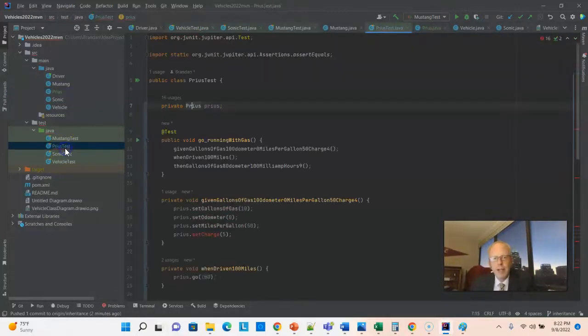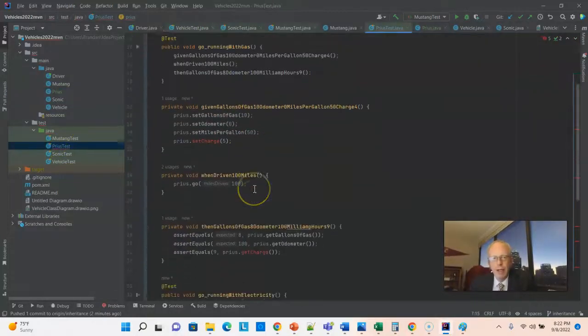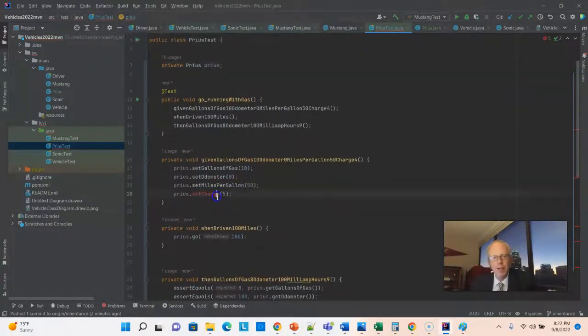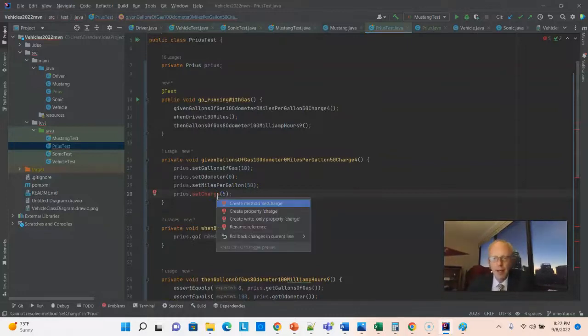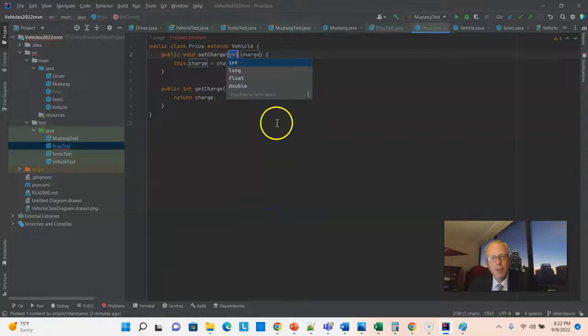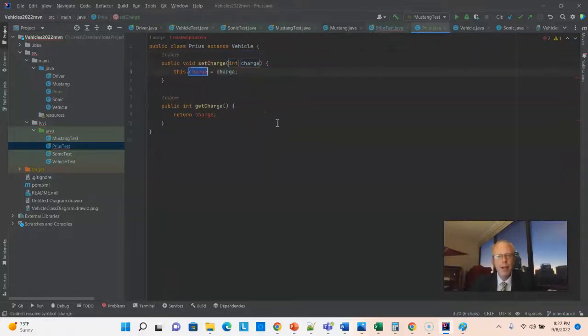And take a look at our Prius test, and we see that now we have fewer red lines, but we still have the set charge, get charge. Looks like we have a couple items going on there, but once again the IDE can help me out. I hold Alt and press Enter on a Windows keyboard, and I'm going to say create property charge. And I say let's do it in the subclass Prius because while all cars have a battery, not all cars can run off electricity, where a hybrid car like a Prius can. So I choose Prius, int is fine, and it creates the getter and setter methods for me,